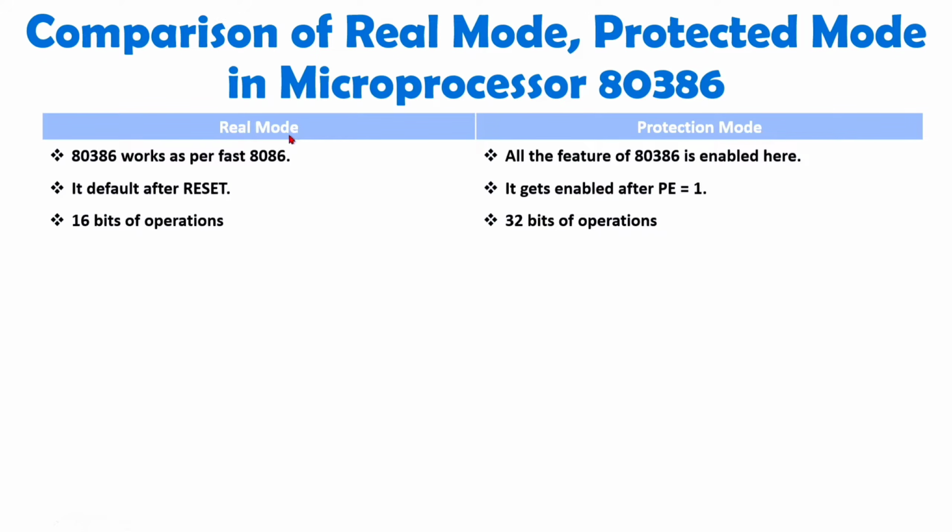But when it is in real mode, it is functioning similar to 8086. 8086 has operations in terms of 16 bits. So in real mode, operations are happening as per 16 bits, right? Here when we talk about general purpose registers, then my dear students, in real mode it is functioning as 8086. So here we have general purpose registers AX, BX, CX and DX, and that has a size of 16 bits.